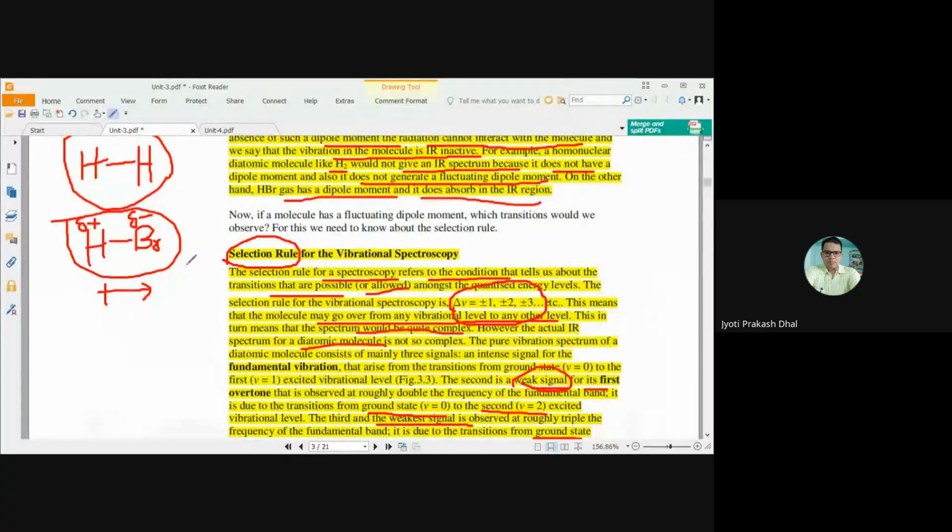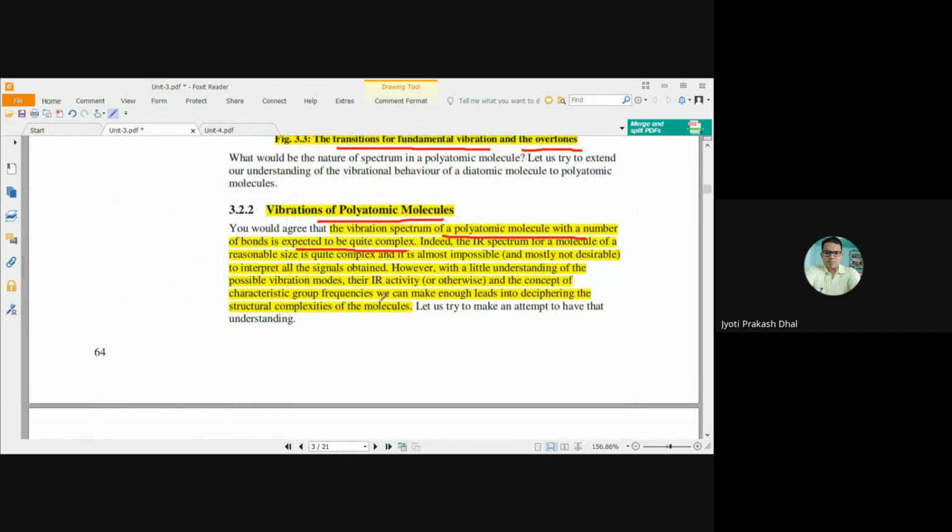to first overtone, and the third one we observed as the least intense line is due to second overtone. But if you consider the vibrational spectrum of a polyatomic molecule, the spectrum will be quite complex. Indeed, the IR spectrum of a molecule of reasonable size is quite complex and it is almost impossible to analyze completely. However, with a little understanding of the possible vibration modes, their IR activity or inactivity, and the concept of characteristic